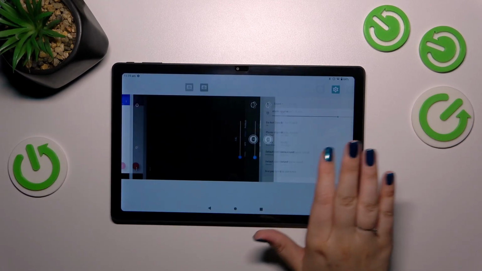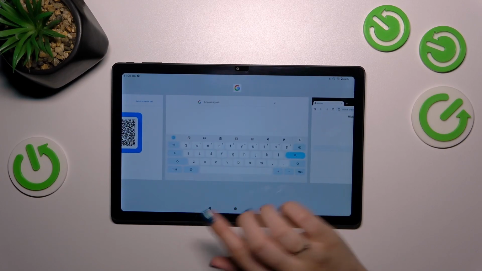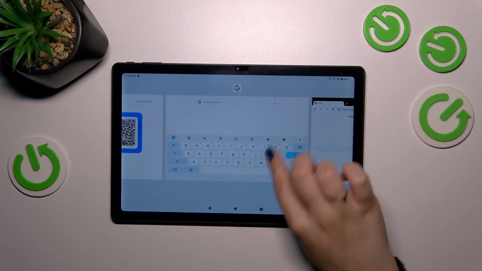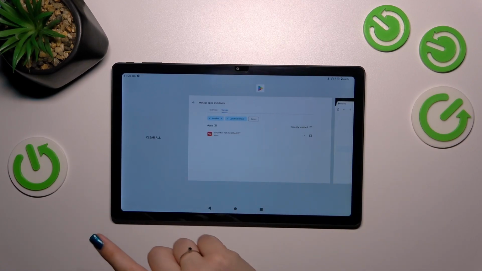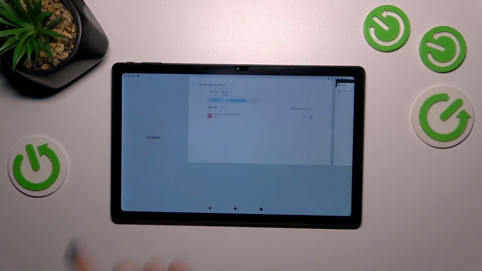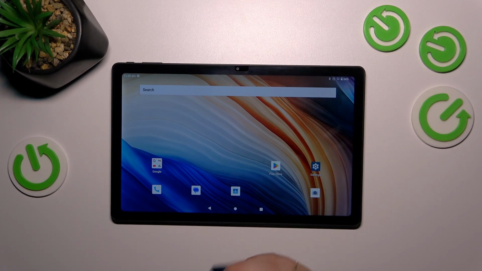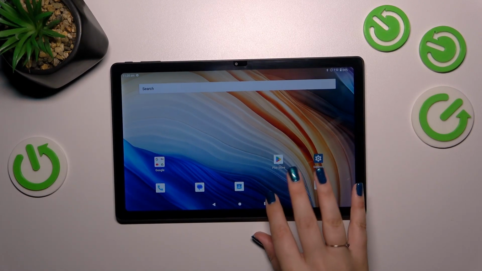Right here, all we have to do is to either turn off them one by one just by swiping them up, or you can close all of them just by going to the very left of the list and tap on clear all. As you can see, we just got back to the home page, so let's tap on the